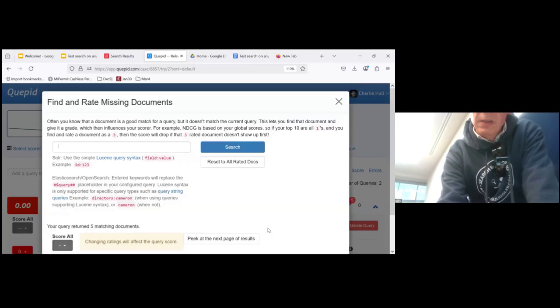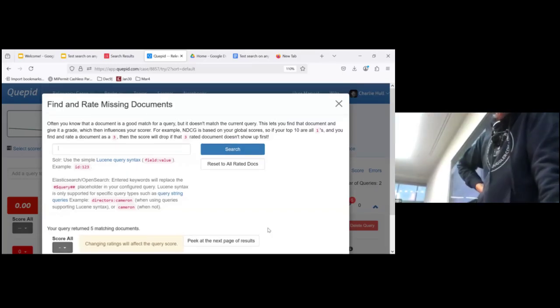Yeah, there is a missing documents feature here. There we go. Okay, so you can say where it is, you can give it a rating.